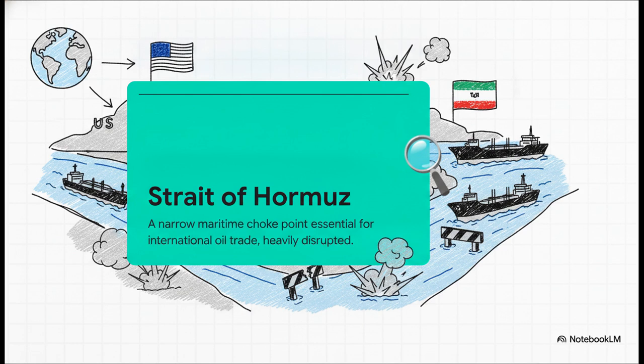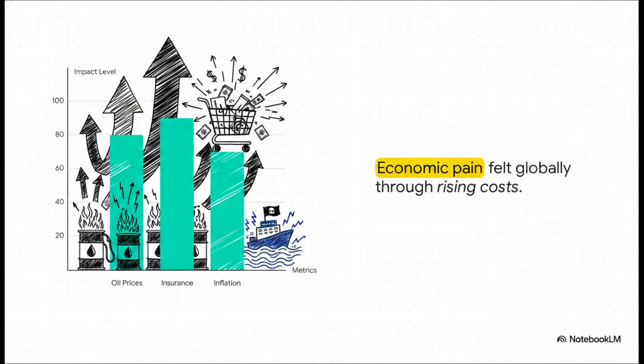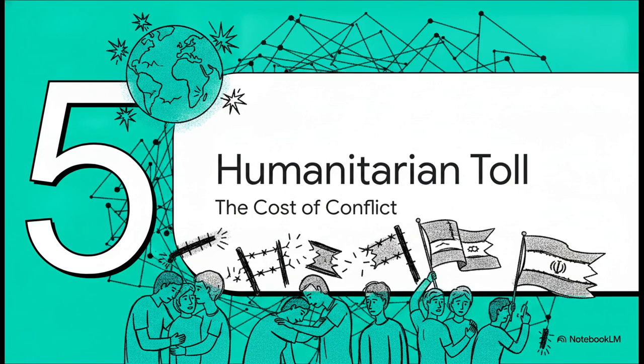And with the ongoing conflict, shipping routes here have been severely disrupted. When the Strait of Hormuz gets disrupted, the economic pain is felt globally, and it happens immediately. As you can see, global oil prices are surging due to fears of supply shortages. Shipping insurance costs are spiking because vessels face severe risks just navigating through conflict zones. And ultimately, that directly translates to rising consumer inflation. When energy and transportation cost more to secure, the price of everyday goods in countries thousands of miles away just keeps going up.